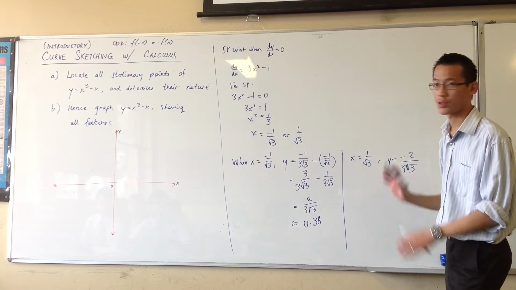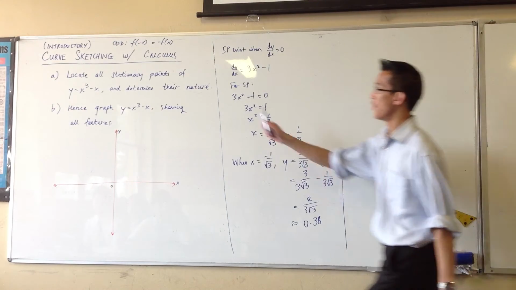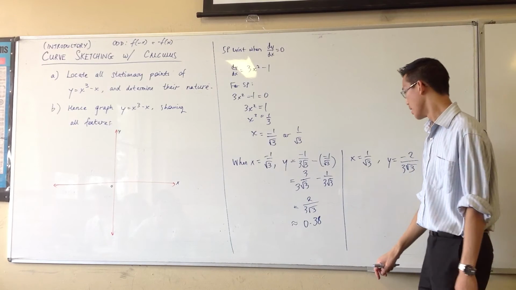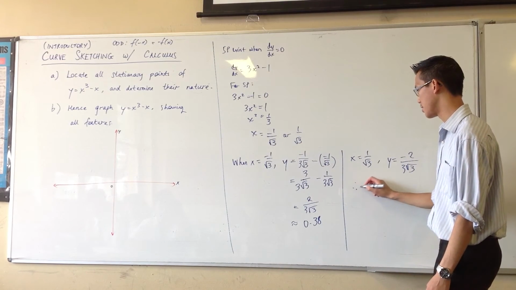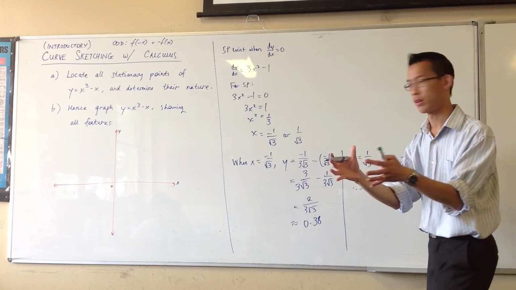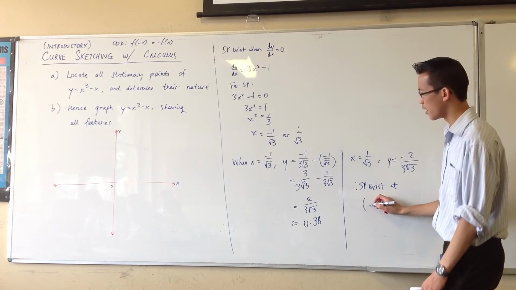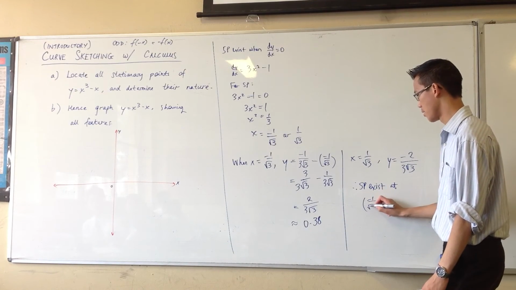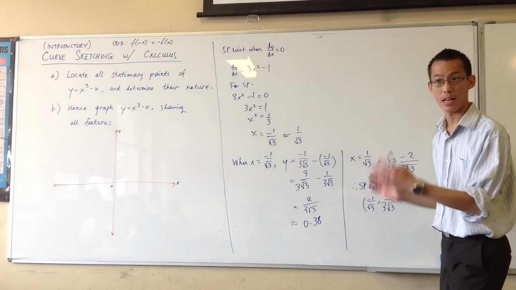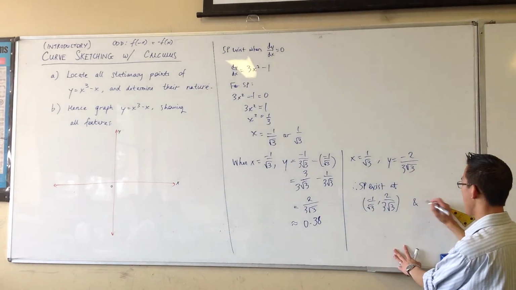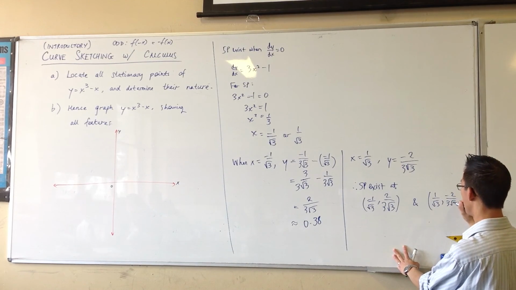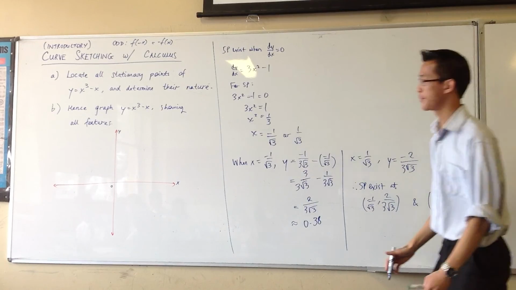Okay, good. So far what have I done? I have located all the stationary points. These are all of the different solutions. Okay? So I guess I probably should, to be neat, I should say stationary points exist at, and then I should put them in coordinate form, right? So the first one is, let's see, minus 1 on root 3, 2 on root 3, so that's one coordinate, and I've got the other one, which is the same thing, just backwards. Okay, great. Now, what's